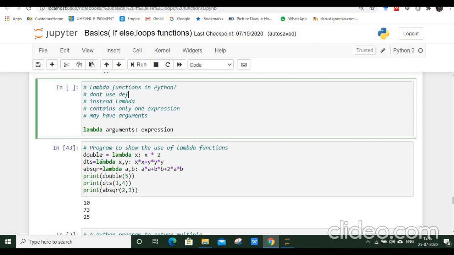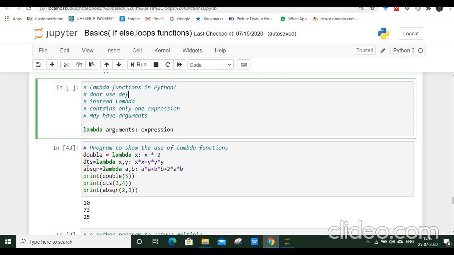Like here, the name of the function is double, and I'm doubling the value that is given as input. So double equals lambda, and then the input parameter x, and then the body of the lambda function, that is x multiplied by 2.